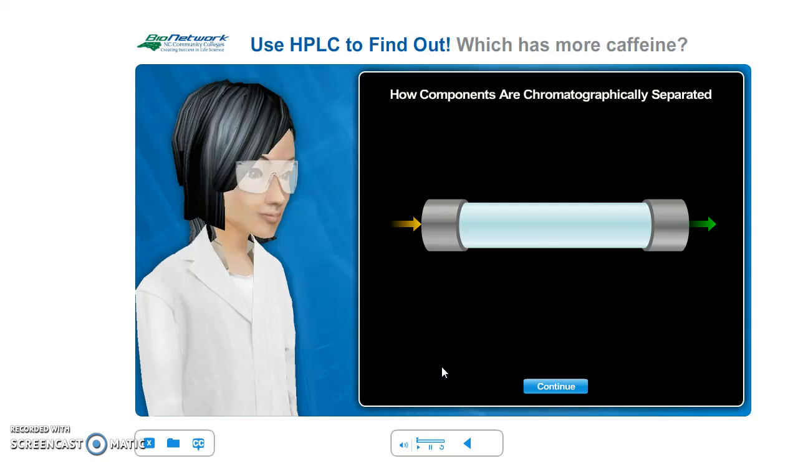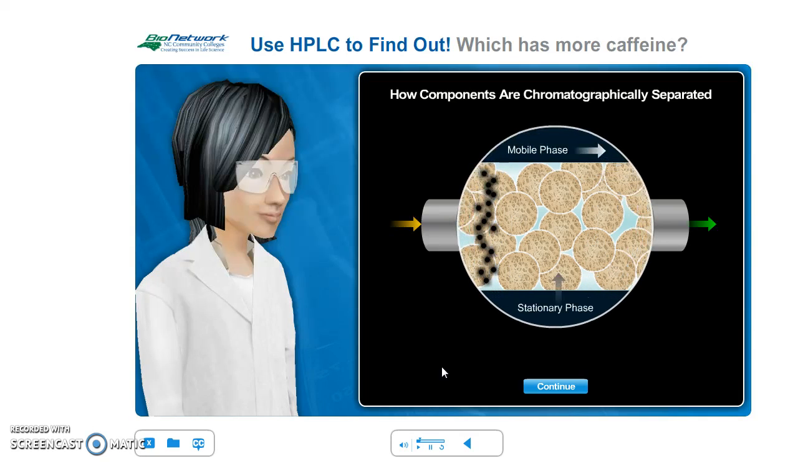Now let's look at what's happening inside a chromatographic column to make this separation occur and allow us to see it. We'll zoom in to look at the inside of the column at the molecular level. As you saw earlier, black ink consists of 3 dye components, red, yellow, and blue. When the mobile phase carries the sample through the stationary phase, the blue dye molecules are more attracted and stick